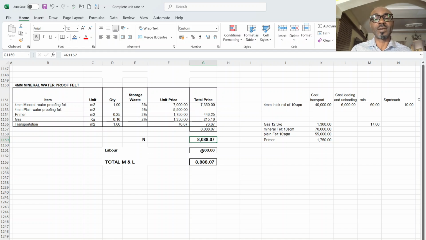8,088 naira. Then the cost of labor, of course, varies depending on your bargaining power and the location. Some areas you can get it for 800, in some areas you can get it for 600, some areas you can get it for 1,000. But for this exercise, I'm applying 800 per square meter. So it brings me to 8,888 per square meter. Mind you, if it is a 2-layer, 1 plain, 1 mineral,